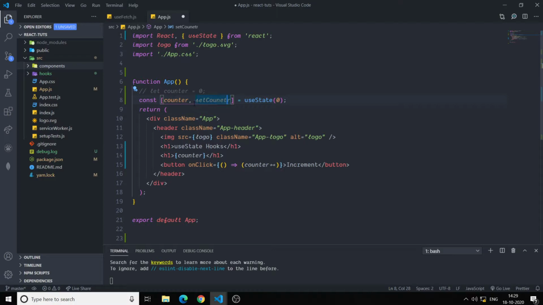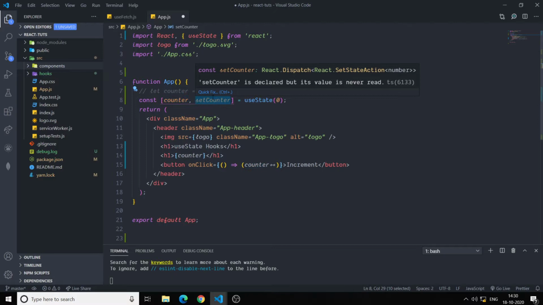So what the useState hook actually gives us is this: whenever we call useState and pass it something, it returns an array in which the first value is the value itself. If we pass the initial value 0 here, this is the initial value we pass as the argument, and this is the value. It also provides a second value in the array, that is the function that we can use to update that count.